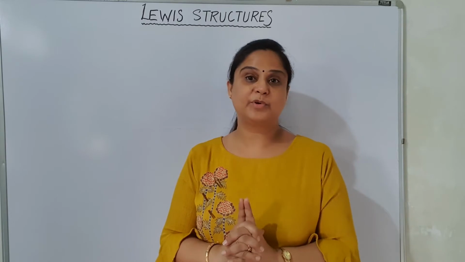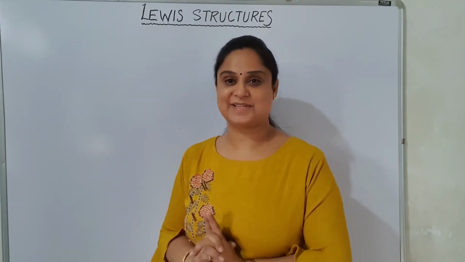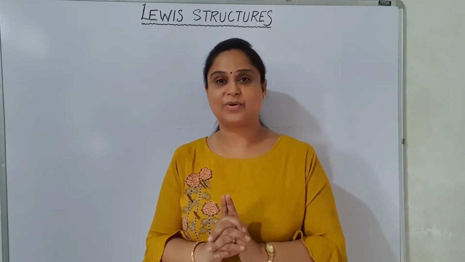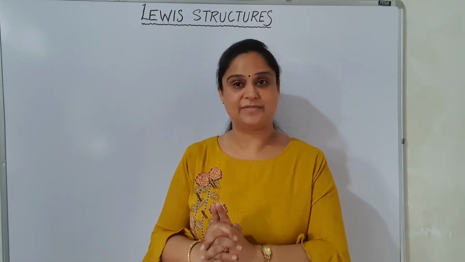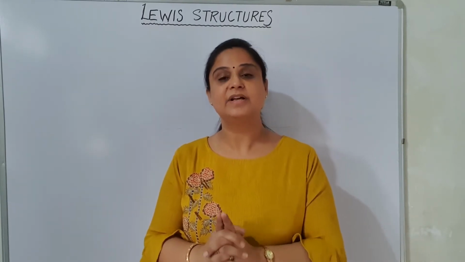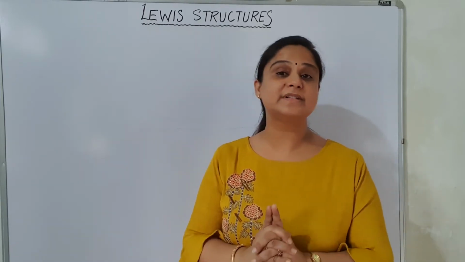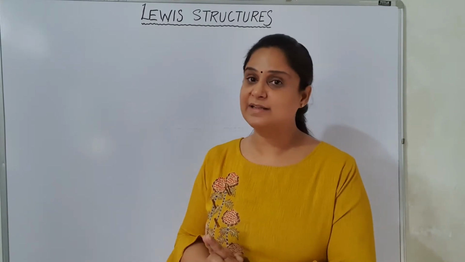Today, first of all, I am going to break a rule which was given at the time of making of Lewis structure. And what is that rule? This is the octet rule. So let us first talk about that rule and who is going to break that rule. That we will understand by taking an example. So I am taking the example of the sulfate ion and I am going to tell you what is that rule which is going to be broken by some of the elements in the compound.